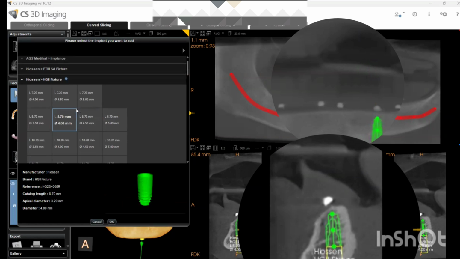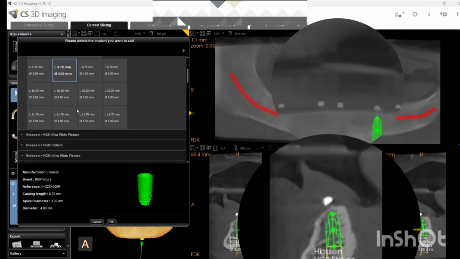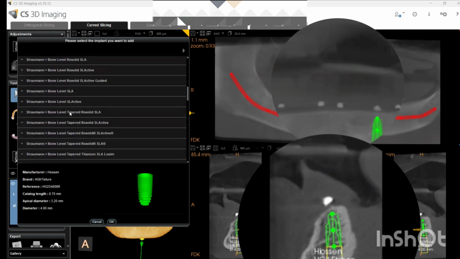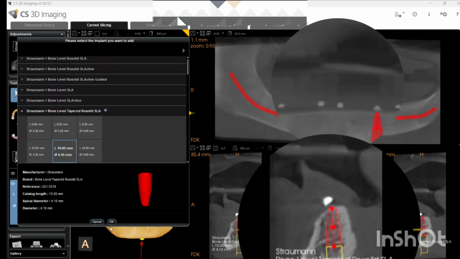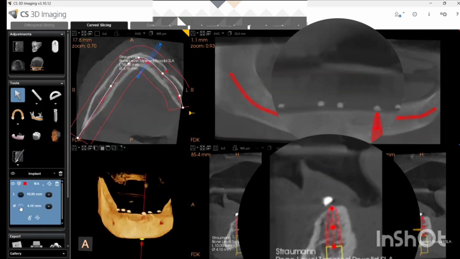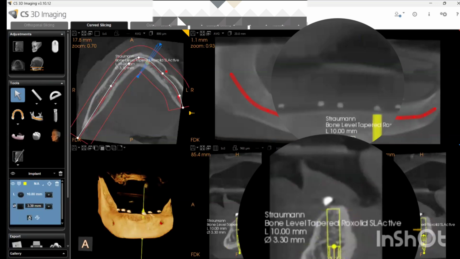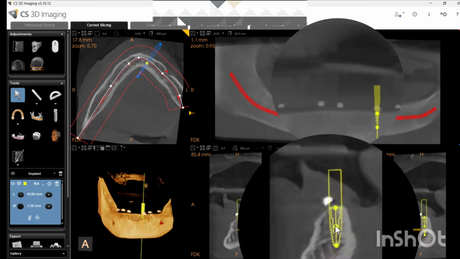Now this is my implant library. See, I am choosing the implant, a tapered implant I am choosing today. Okay. And here I go. Change the angulation and here is my implant.